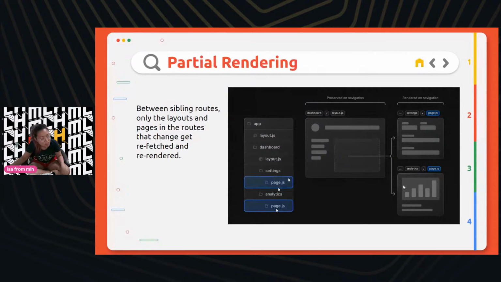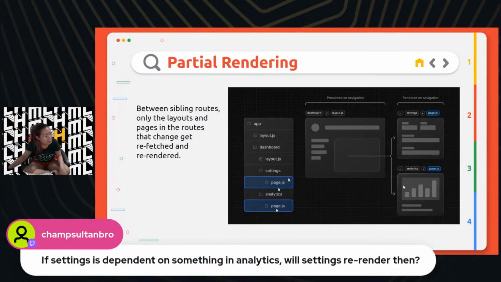But I saw some questions pop into the chat. So yay, someone said my explanation was nice. If settings is dependent on something in analytics, will settings re-render? In that case, I would question if settings should be under analytics. If settings depend on analytics, you might even want that as a node later, right?